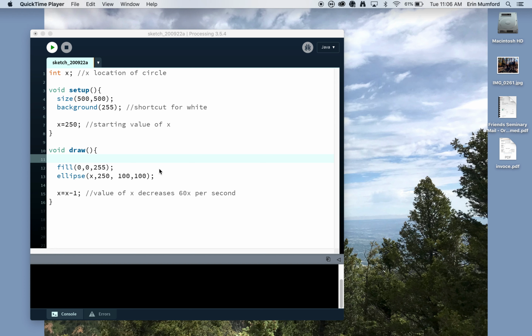In the last video, we animated an ellipse using an integer variable, x, that we subbed in for the x location of the ellipse, its location on the x-axis. We gave that variable a starting value of 250, and then each time the draw method loops through, which is 60 times a second, so really fast, the value of x decreases by 1. So the location of the ellipse goes from 250 on the x-axis to